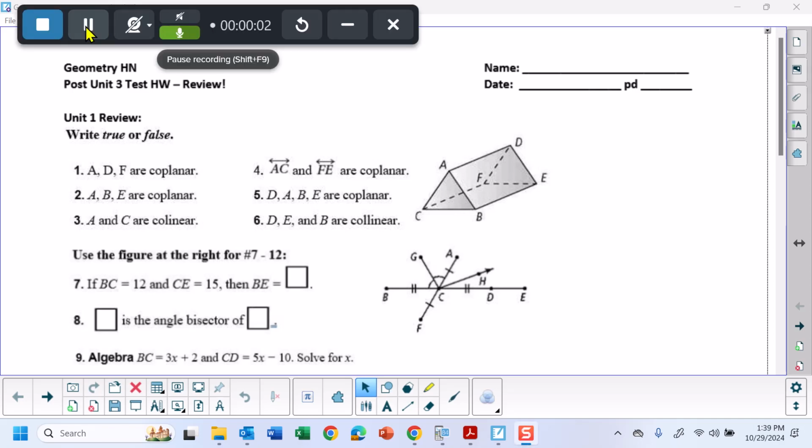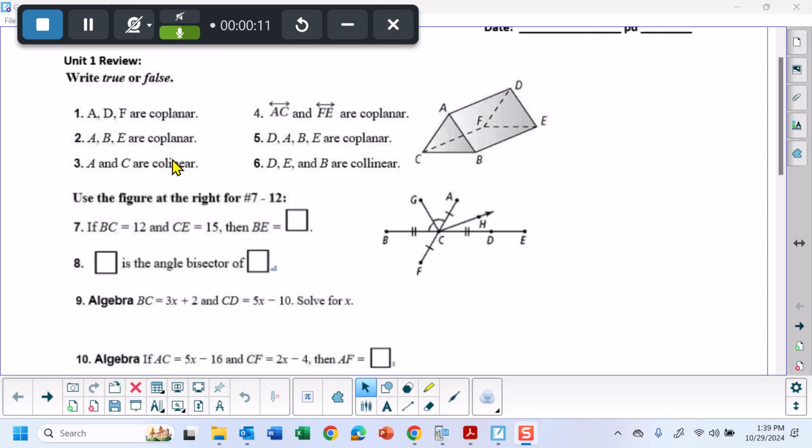For you, we wanted you to go back and think about coplanar and collinear. Any questions on 1 through 6? The purpose of 7 through 12 was having you look at this diagram and review congruence markings for segments and